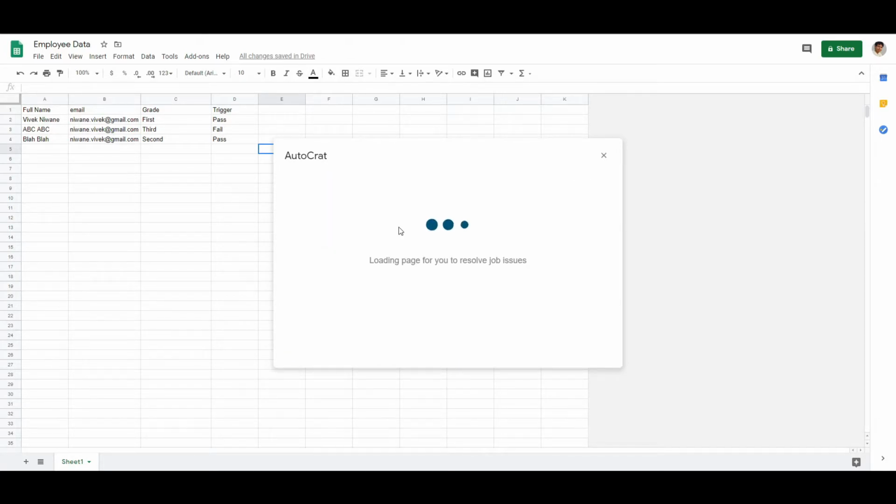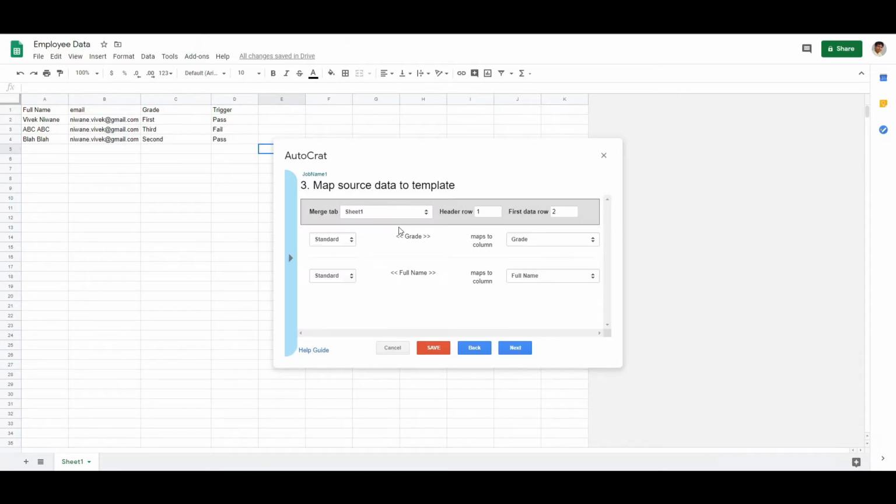Select the data to be used for the certificate merge. The grade tag inside the certificate has been mapped with the grade column inside the spreadsheet. The full name tag inside the certificate has been mapped with the full name column inside the spreadsheet.